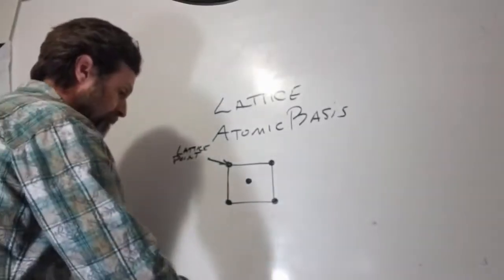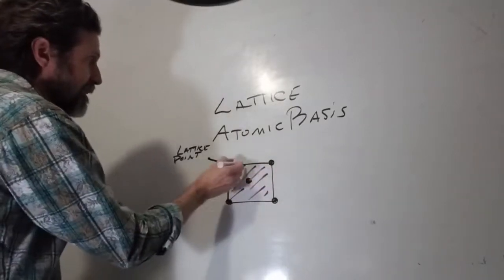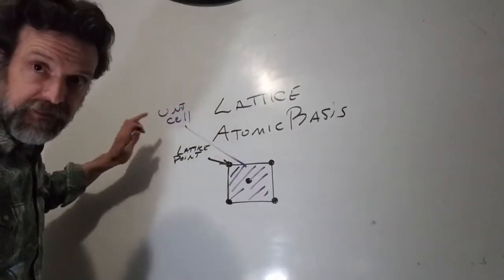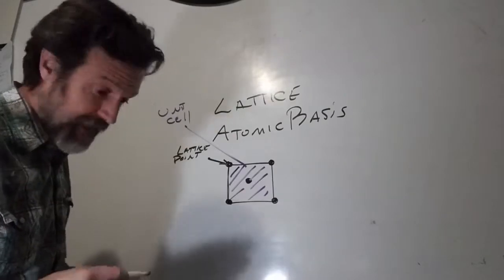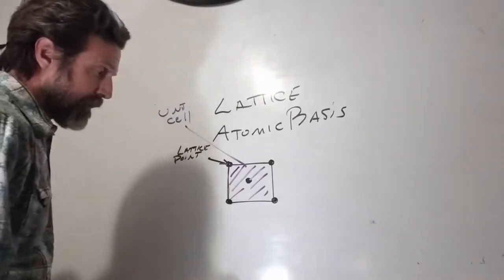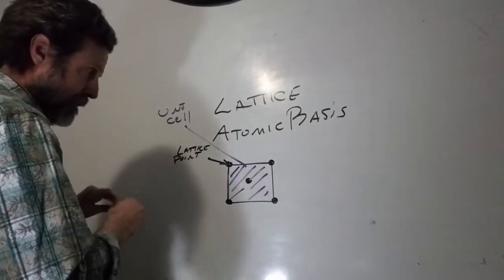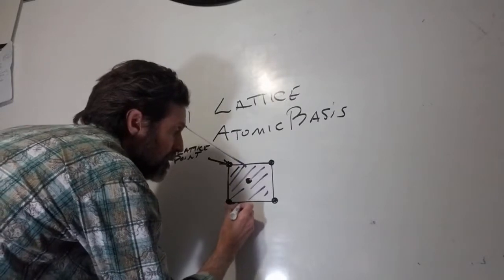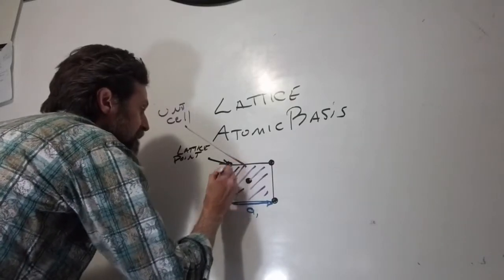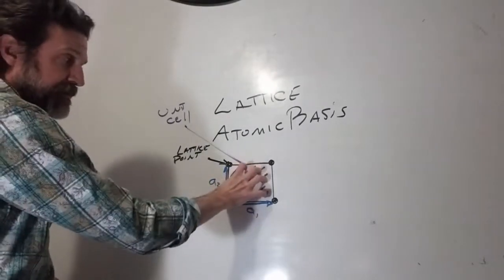And if this is our unit cell, that unit cell is the smallest cell that we can have. Then the rest of our crystal is going to be defined according to our lattice vectors. So for example, this would be lattice vector, we'll call that A1. This would be lattice vector A2. And those tell us how to take this unit cell